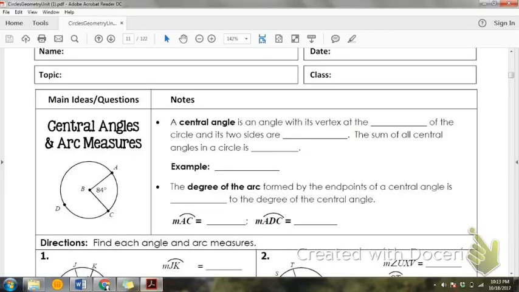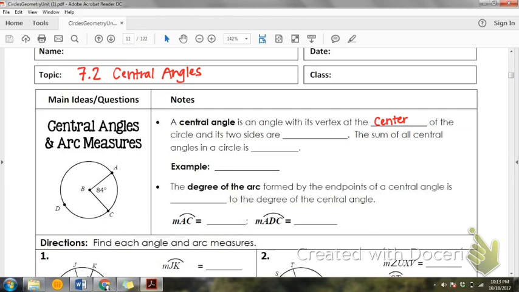This is lesson 7.2. We're going to talk about central angles. So we have already discussed what a central angle is. Remember, it comes from the center. It has its vertex at the center